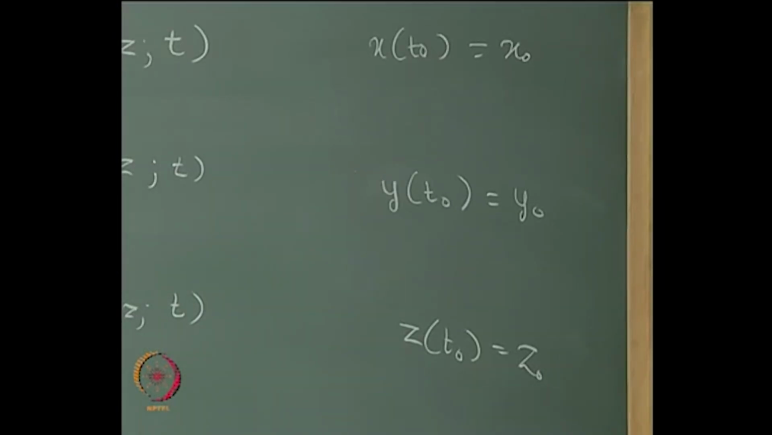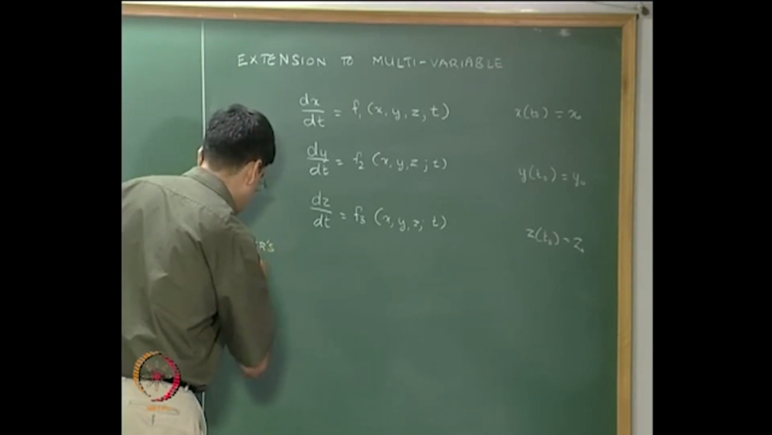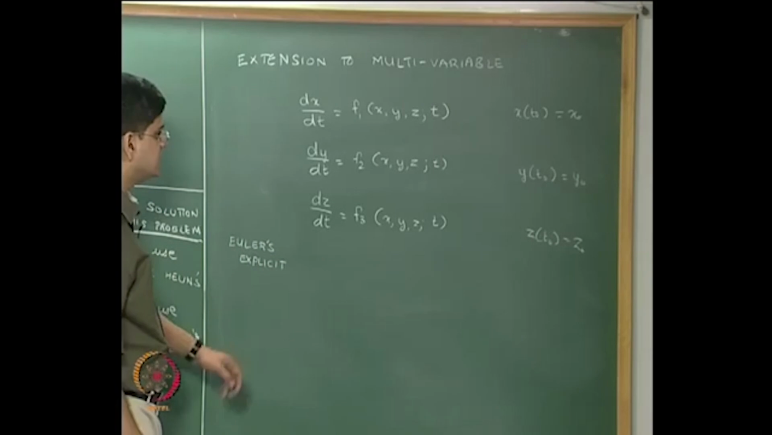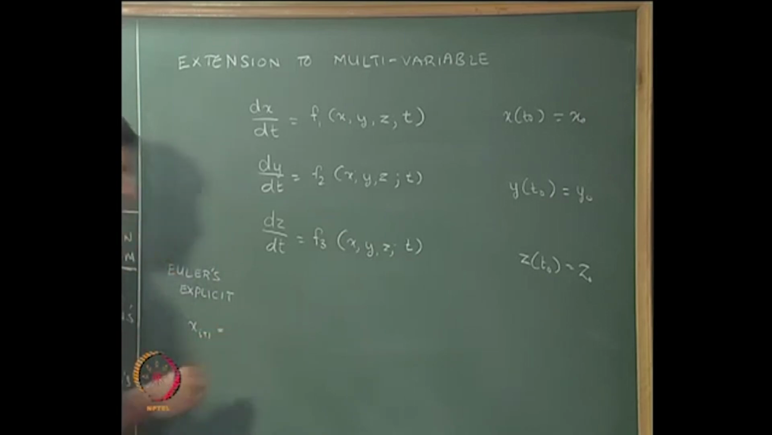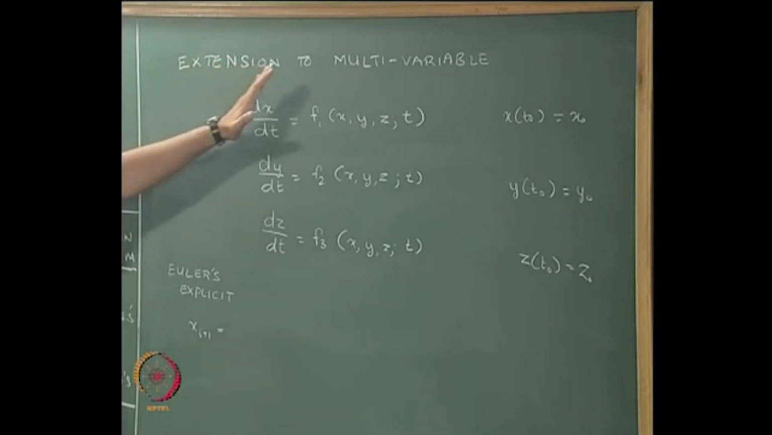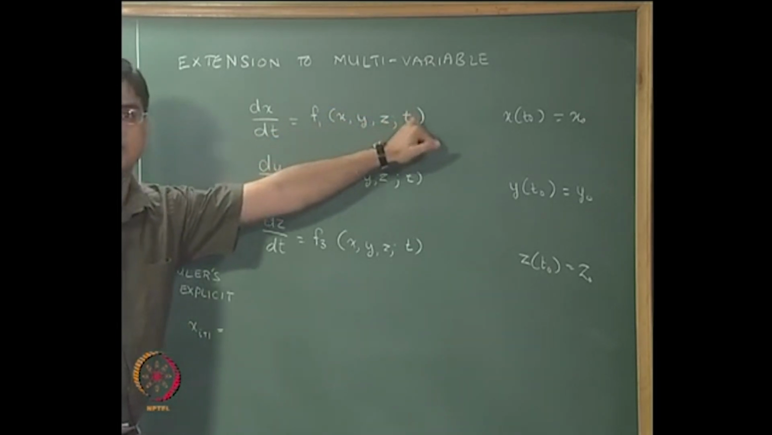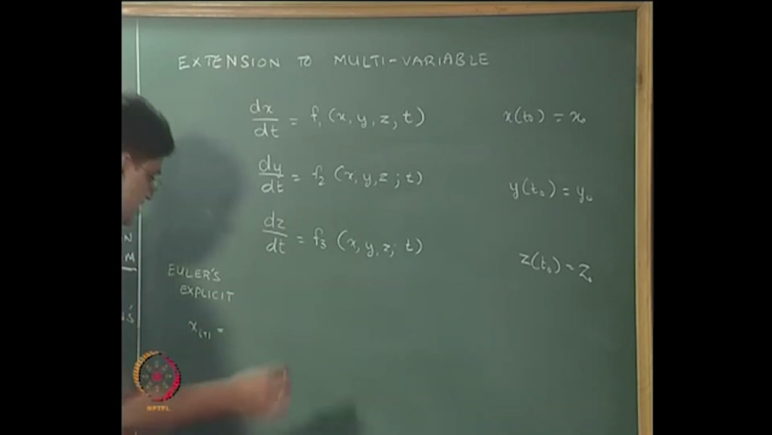Okay. Let us now consider Euler's explicit method. In Euler's explicit method, what we are going to do is, x at i plus 1, so x i plus 1 minus xi. So dx by dt we can write as x i plus 1 minus xi divided by h, that is going to be equal to f1 of xi, yi, zi, ti. Okay. And then we multiply by h throughout, and then we take xi onto the other side, and the equation is simply going to be